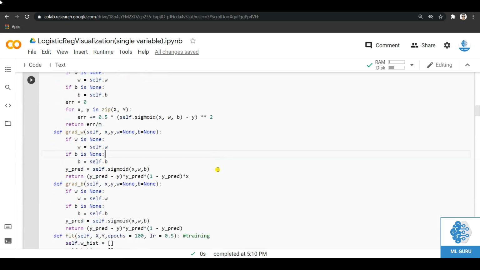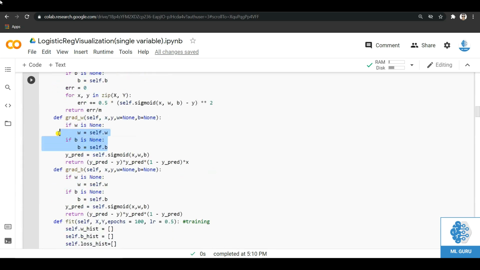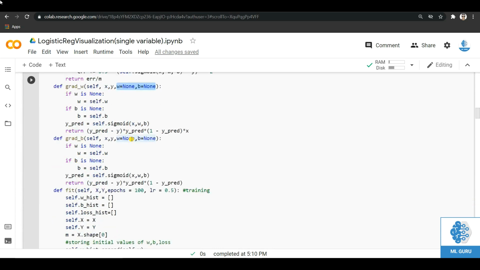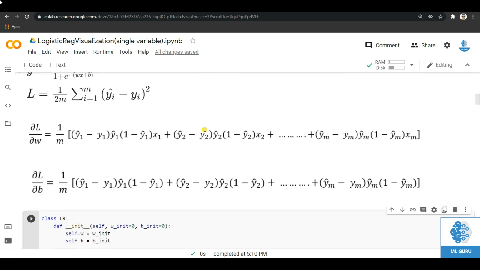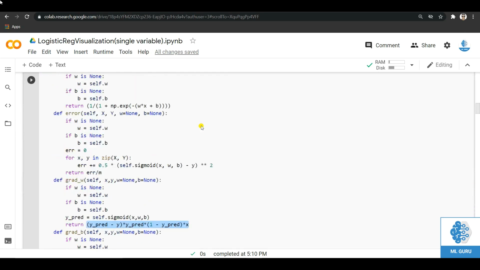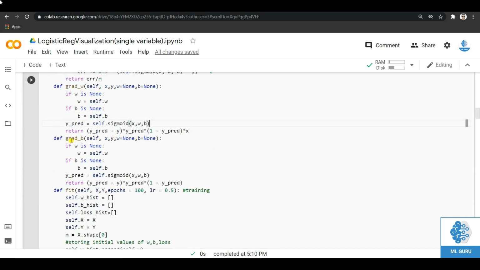So as you can see here, we will first set the value of w and b. If the user does not provide explicitly the values of w and b, we will be using the current value of our model. So we will first be calculating the value of y hat, for which we will be using our sigmoid function, and then we will use this formula, which is nothing but this particular thing, and we do the same for calculating the gradient with respect to b.